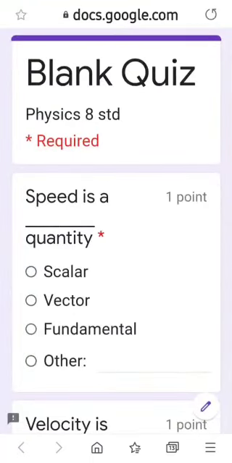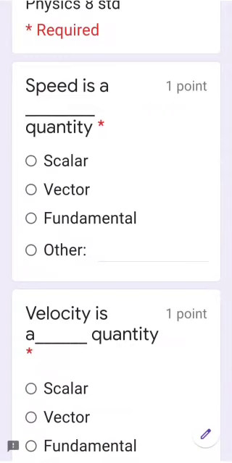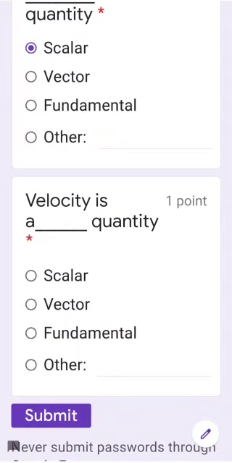Yes. Now the child, he got your blank quiz. In this, speed is a dash quantity. Speed is a scalar quantity. Velocity is a dash quantity. Velocity is a vector quantity. Now he has clicked it. When you submit,